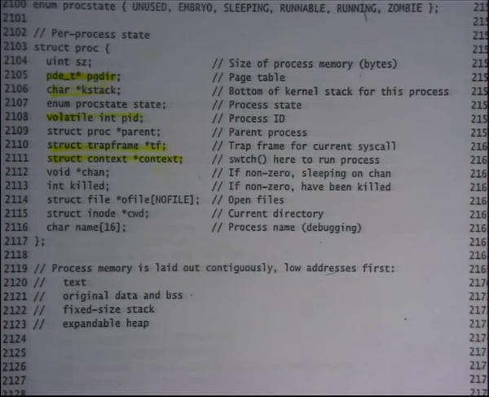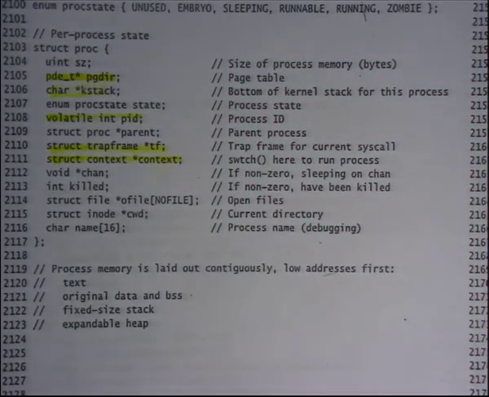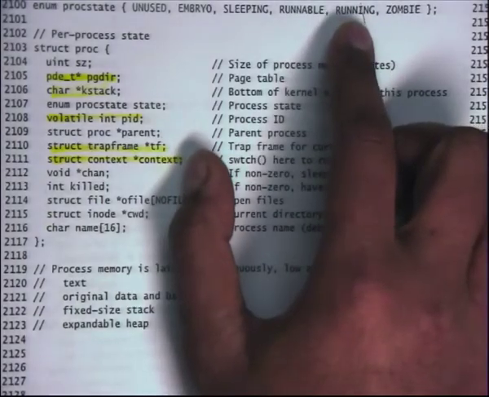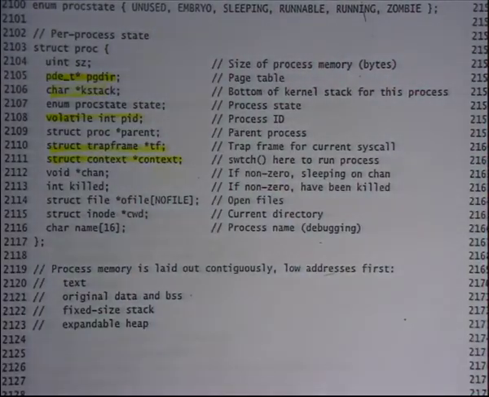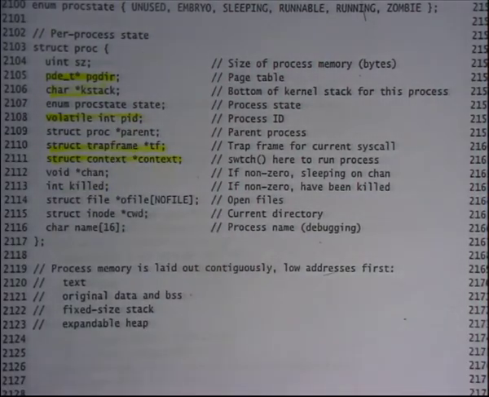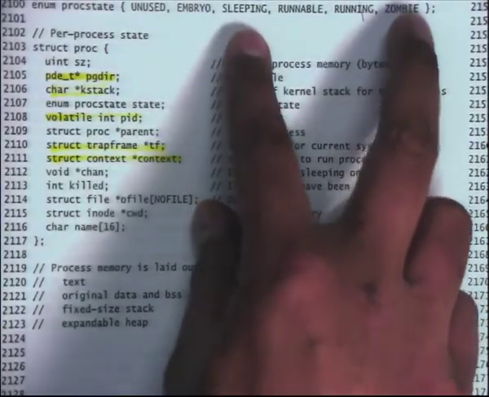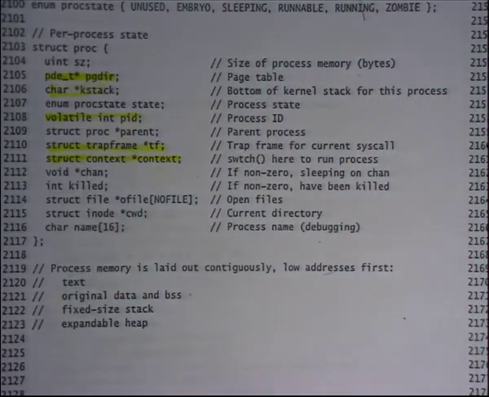Any runnable process must have its K stack initialized exactly the way we discussed. So that's the invariant. Any process whose state is runnable, its K stack should have been initialized exactly as we discussed. A process could also be running, it's currently running, right? So these pointers may not make any sense. If it's running in the user mode, then the K stack is not useful, right? K stack just points to the bottom of the stack actually, but let's say the TF and the context fields are not useful, right? And then there are other states like sleeping and zombie, which we understand, but let's ignore them for now because we are discussing other things, right?